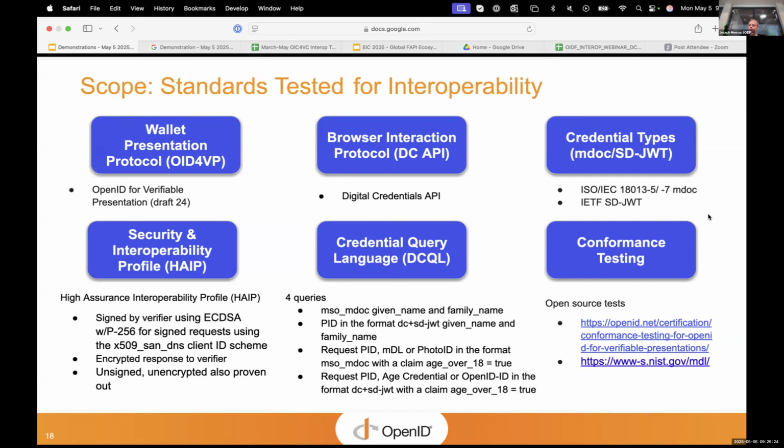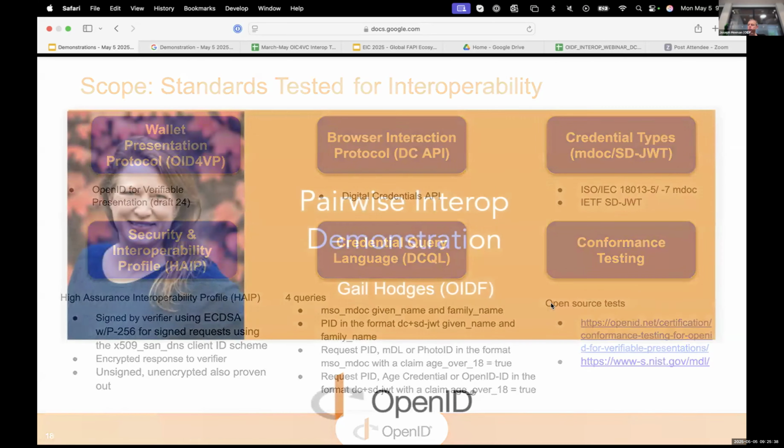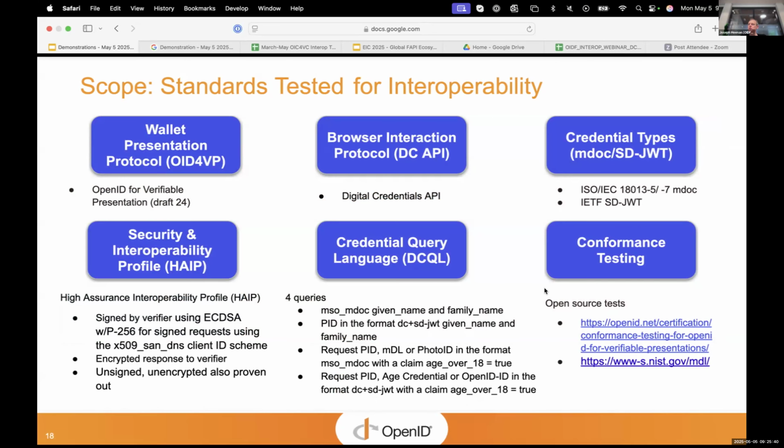So these are really useful for actually proving out the specs and making sure they are as good as they can be. The tests are all developed in the open. They're published on GitLab. They're open source. All the development happens in the open. We have a cloud-hosted version, which again is the version that people have been running for this interop testing. But you can also deploy it locally if you want. It's all open source. It can just be deployed in Docker.